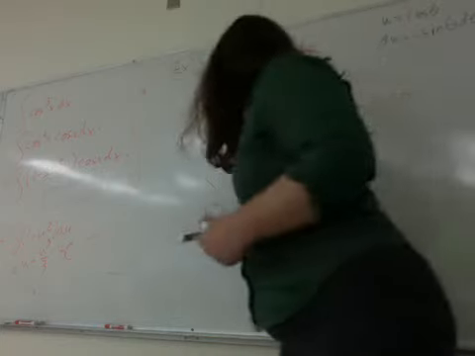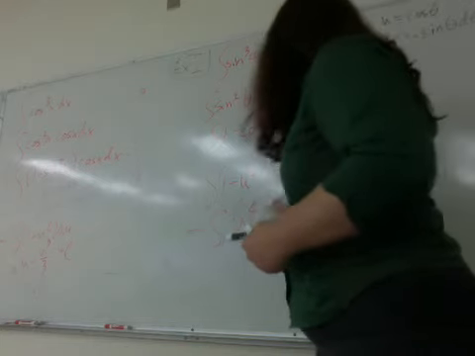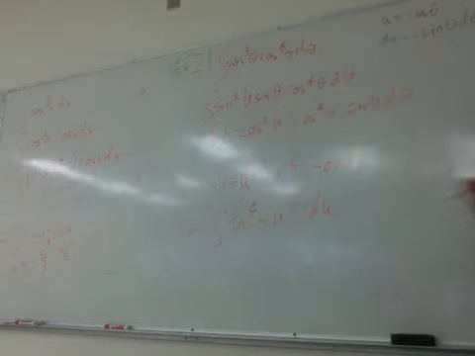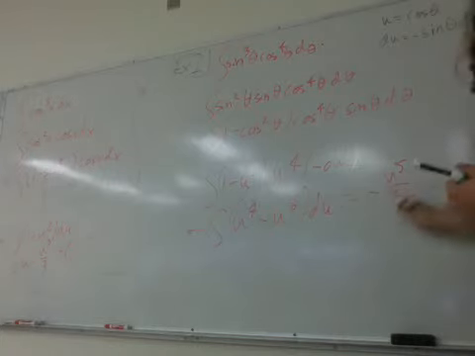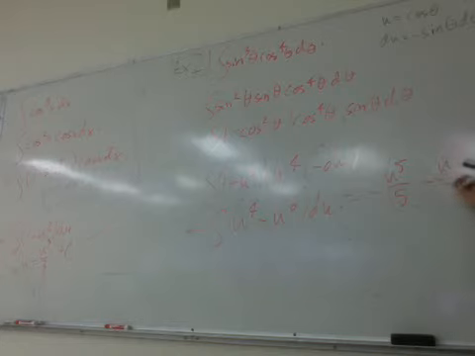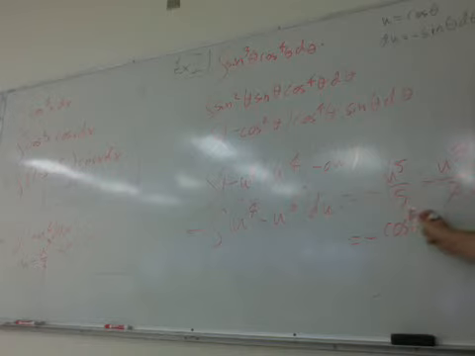I can pull the negative sign out front. 1 minus u squared times u to the 4th is u to the 4th minus u to the 6th. If I expand that, if we take the antiderivative of u to the 4th, we get u to the 5th over 5. If we take the antiderivative of u to the 6th, we get u to the 7th over 7. And we just need to remember that u is actually cosine theta. So the answer here is cosine to the 5th theta over 5 minus cosine to the 7th theta over 7